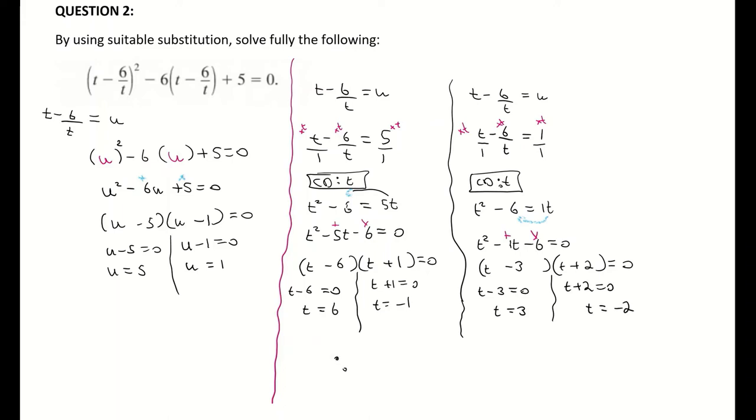So therefore, my four solutions for possibilities of t are minus 2, minus 1, 3, and 6. And they are my final